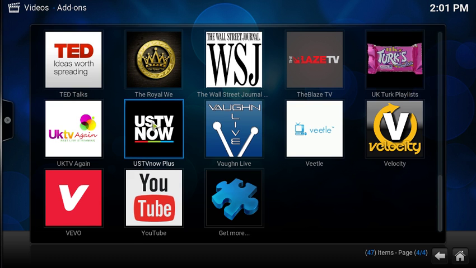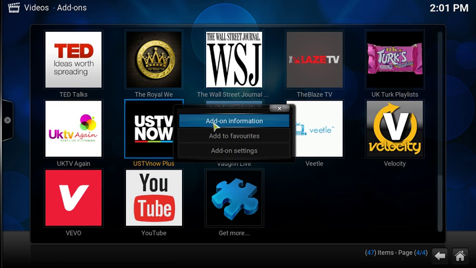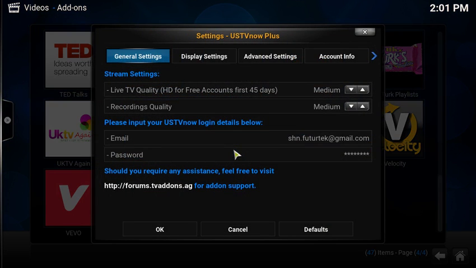But if you put your blue box on US TV Now and you hit your letter C, it'll produce a pop-up, and go to add-on settings, and under general settings, this is where you want to put that email address, and this is where you're going to want to put the password for that account. And then once you click OK,